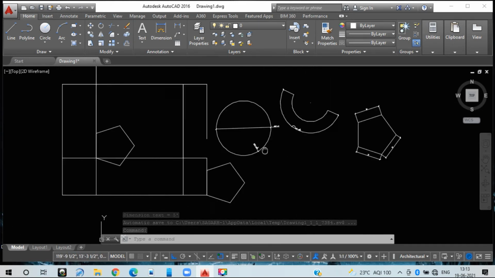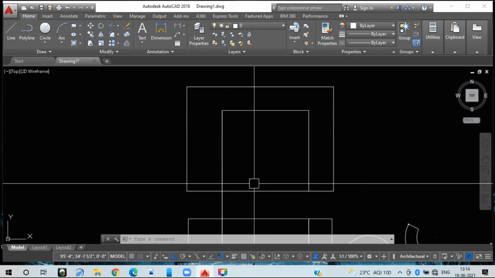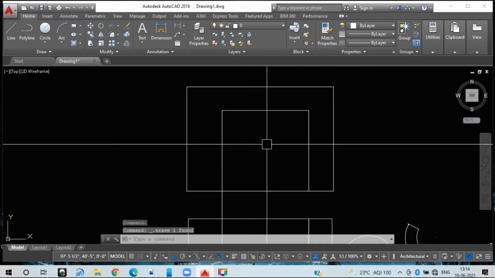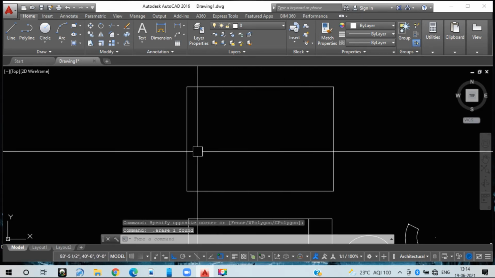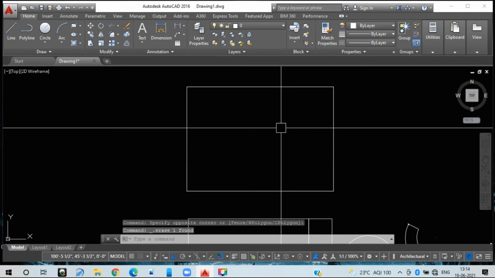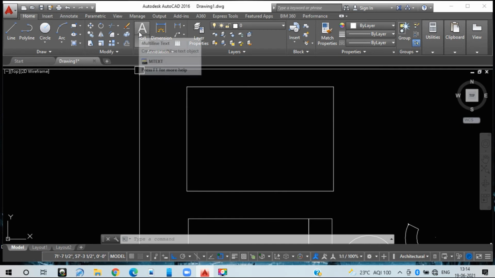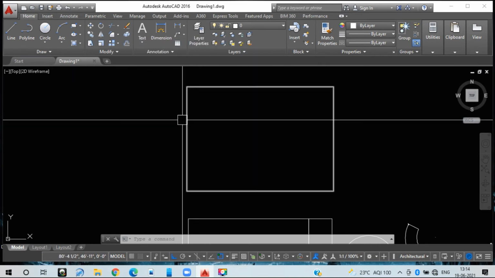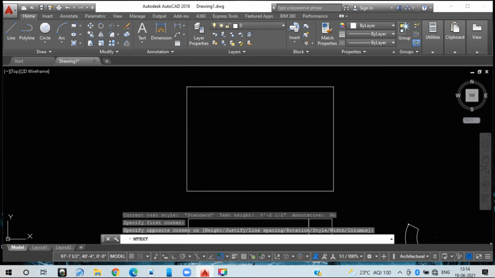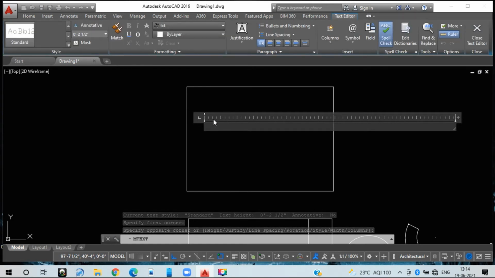If you want to give any naming for this, for example, if you are considering this as one room, and you want to name this room as a bedroom, some people who don't know the shortcut command keys go and type text here. Instead of doing that, just type T, enter. You can drag over here and write. What you required, this is your master bedroom.